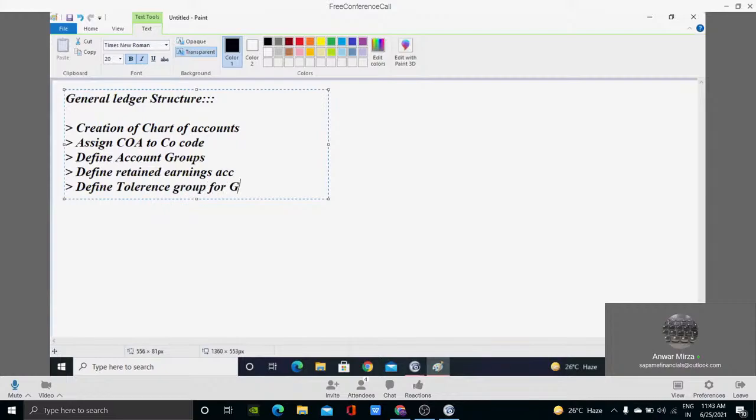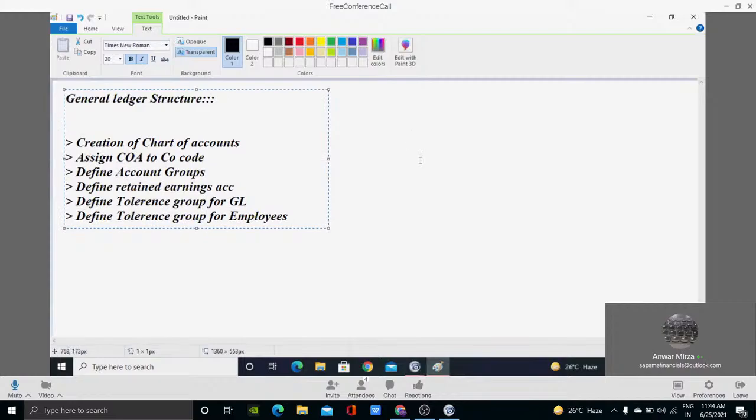For GL, that is general ledger, then define tolerance for employees. Okay. So these are the points which come under general ledger structure, probably your second foundation settings. Now,